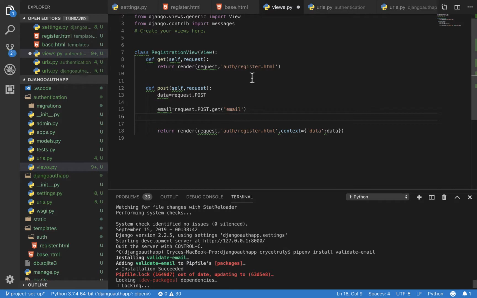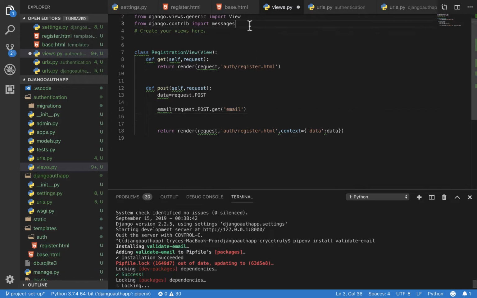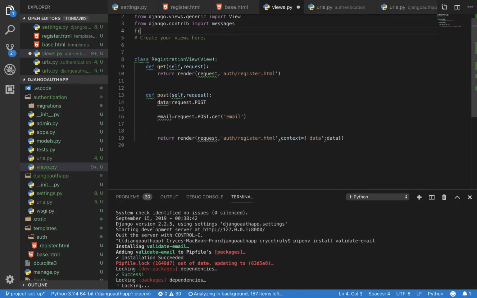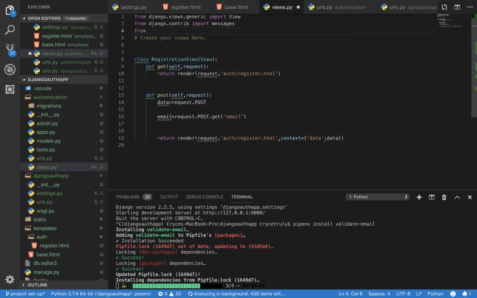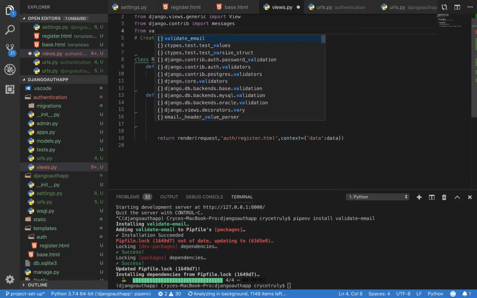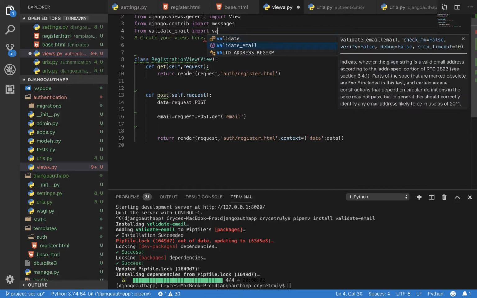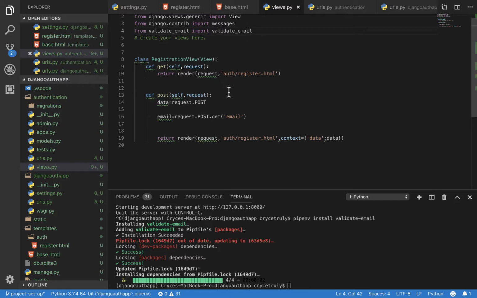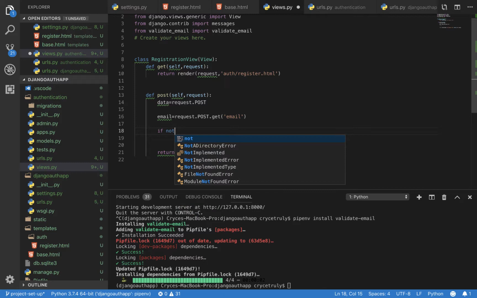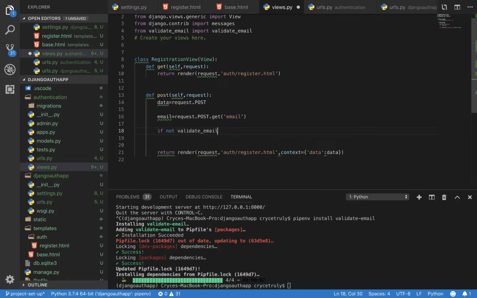So once it's done, we can import it. So from validate_email import validate_email. Yeah. So now here we can do a check. So if not validate_email, then we pass in our email,